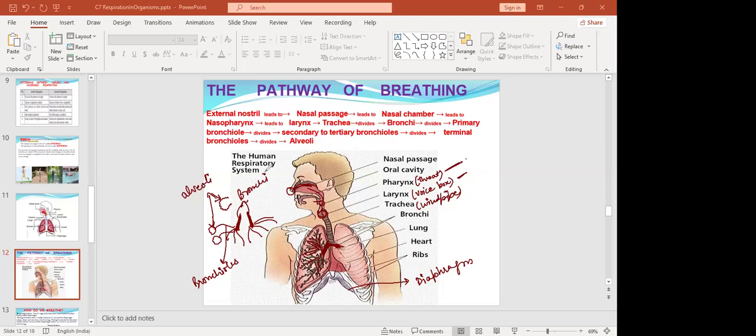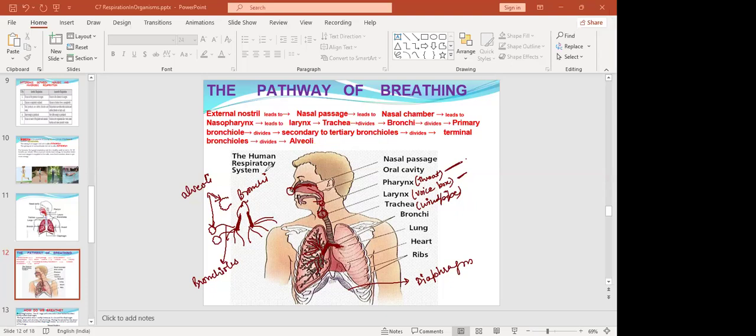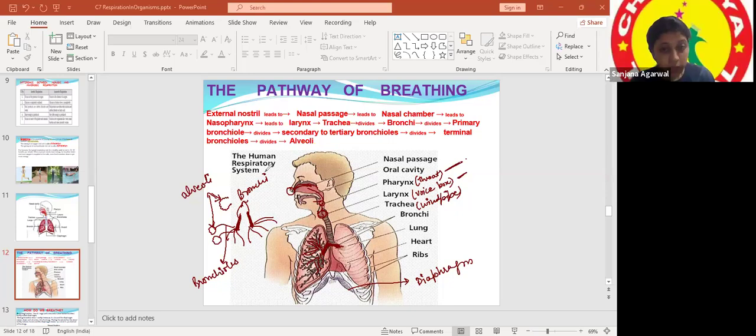Once we are breathing, does oxygen mix with glucose in the lungs? Hamza, I didn't understand. Can you please repeat? Does oxygen get mixed with glucose in the lungs? No, not in the lungs, sorry. It gets mixed with the food. Along with the food, only the breakdown further takes place for release of energy, but this process does not take place in the lungs itself.